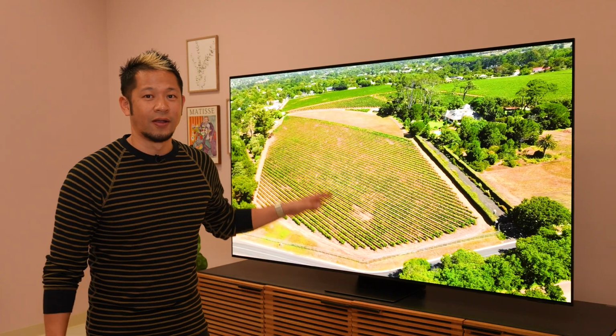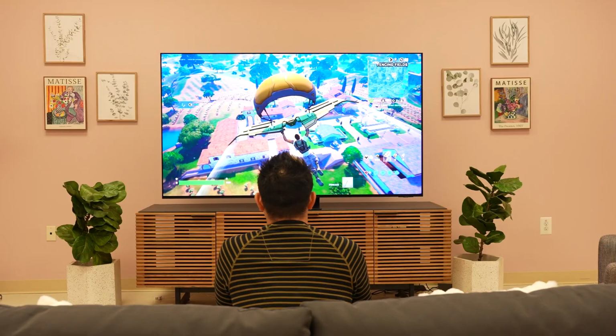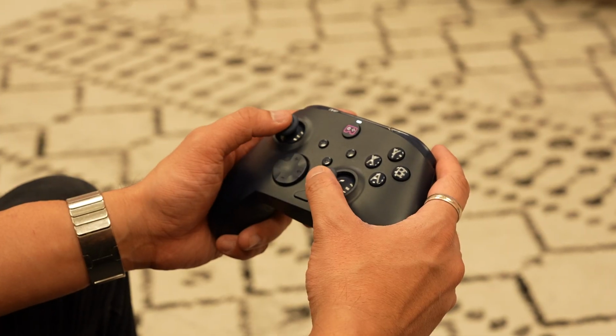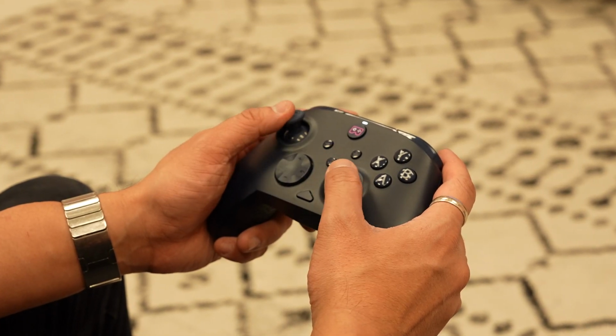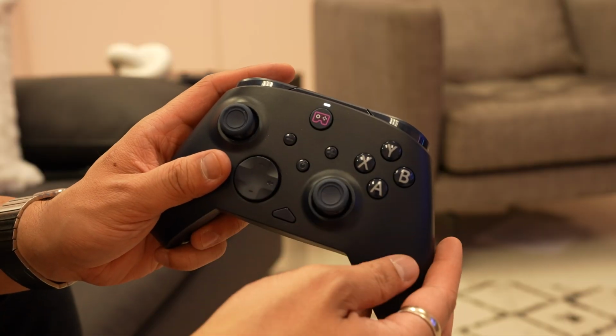This display itself supports up to 144 hertz refresh rate. And if you want to talk about gaming, what's really cool now is that they have this designed for Samsung controller. So this is a Bluetooth sync controller. I can pick it up. You'll actually see a game button at the center. When you hit that, that's going to take you to the gaming hub, and then it's going to allow you